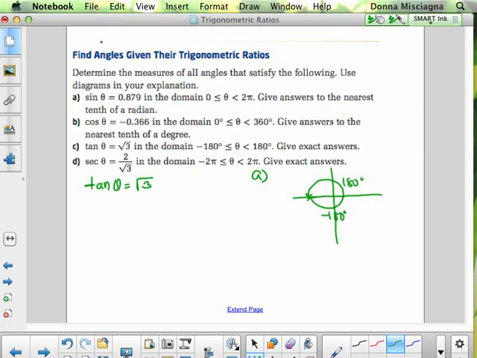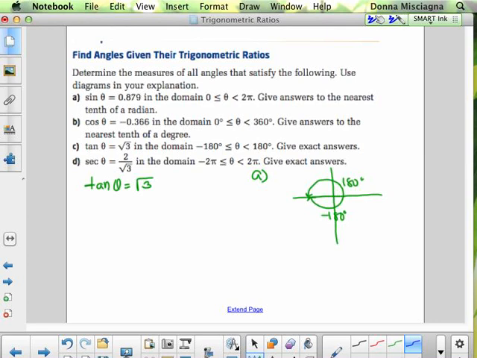So this one, notice we have an exact value. So we can get an exact angle measure because we have an exact value. We are told that tangent theta is the square root of 3. So the square root of 3 only comes from,